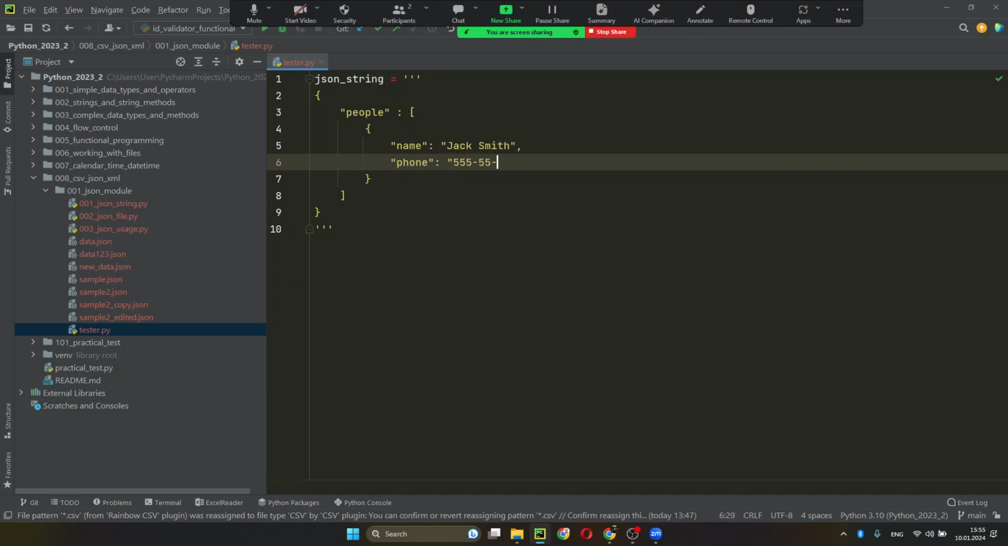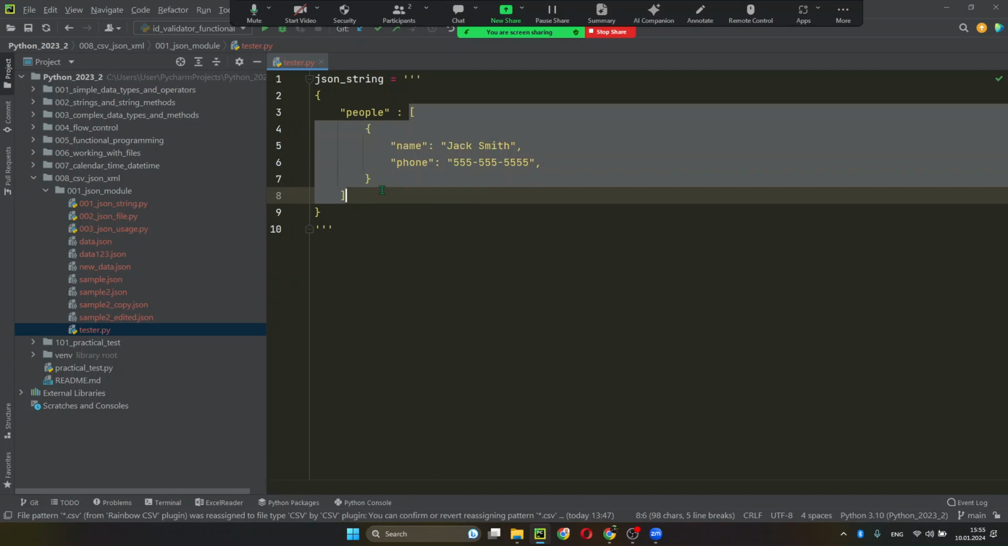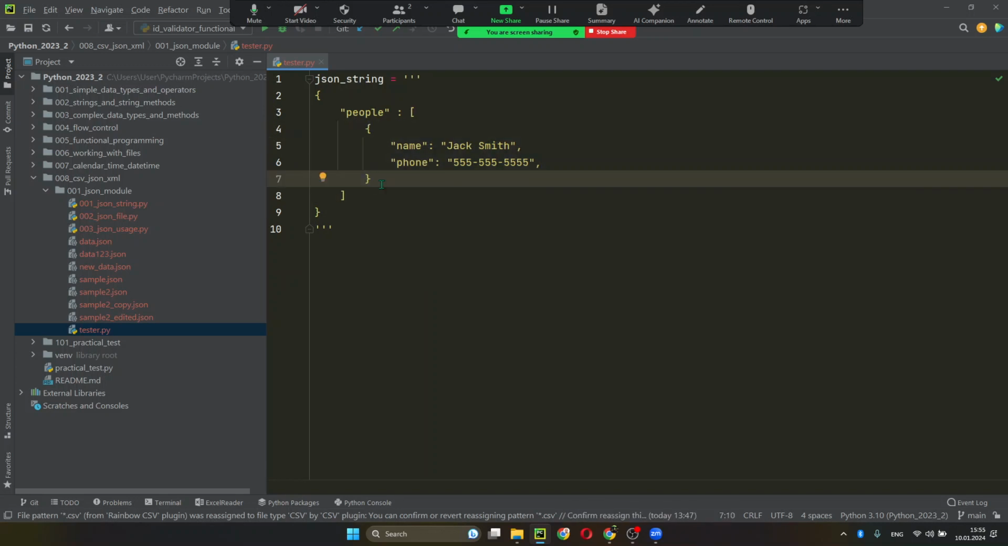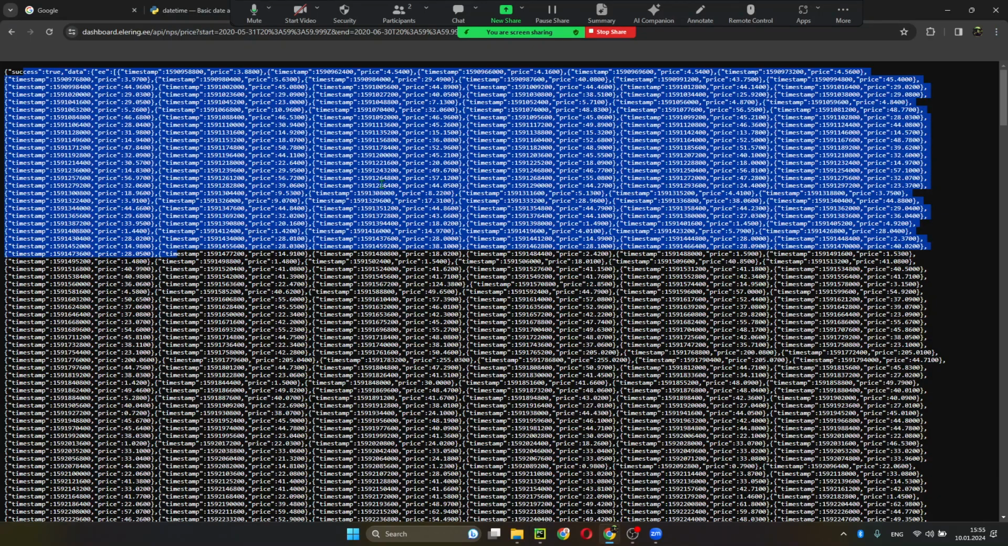So you are creating a list, and within the list a dictionary. I'm creating a dictionary that has a key people. The value of people is a list, and elements of this list are other dictionaries, and that can actually be quite big. So if I show you